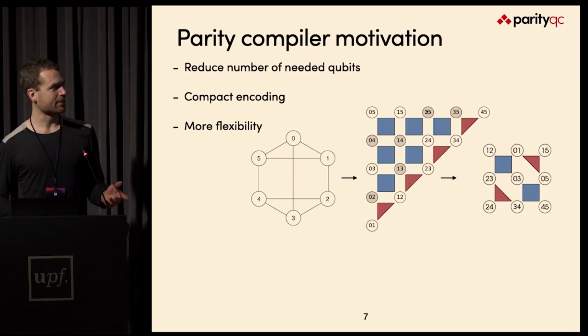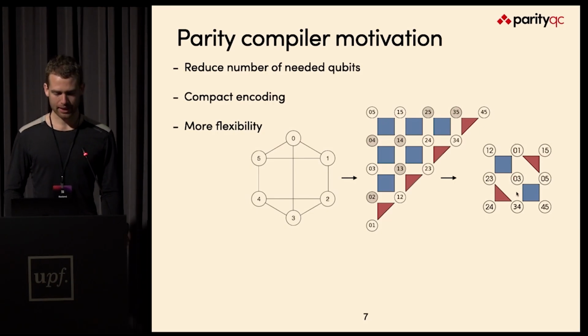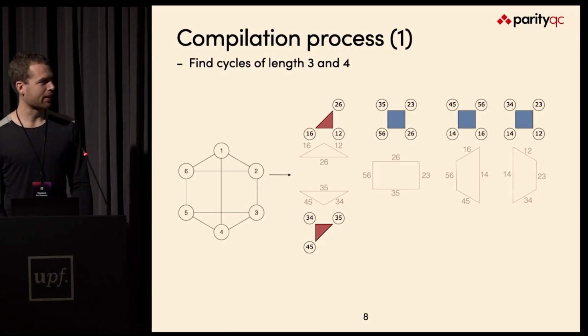So if you would just naively drop all these gray qubits, you would also remove all of those plaquettes that they are in, and then the mapping wouldn't be complete. So what you have to do is rearrange the plaquettes in a way that you still get enough of these plaquettes, but you ideally would like to have no ancilla qubits, or at least as few as possible. And so to give you a bit of an idea of how you could do this,